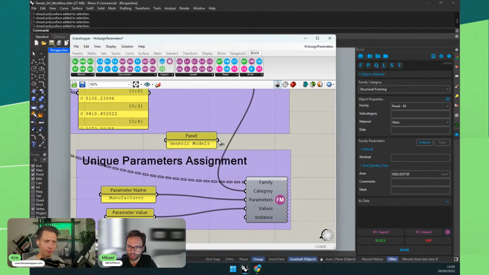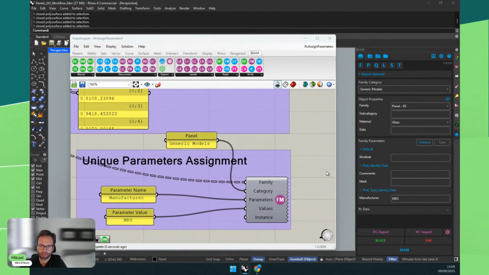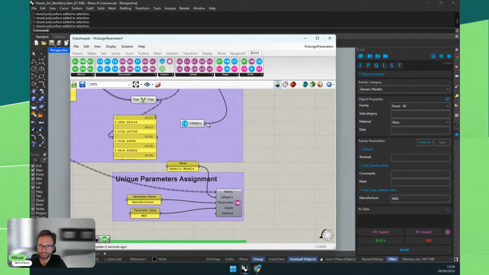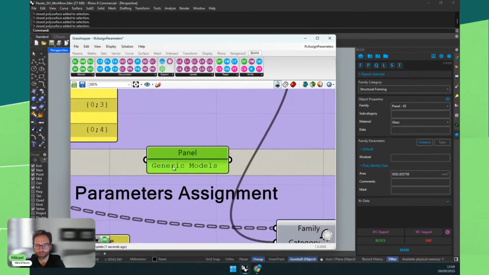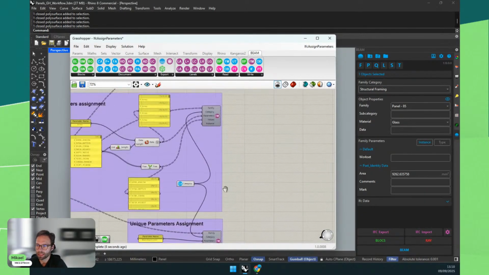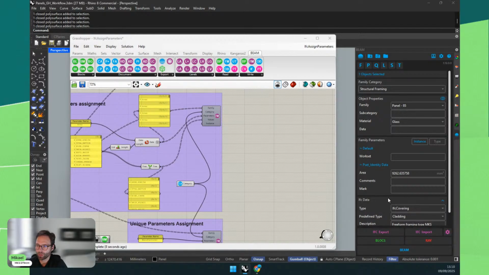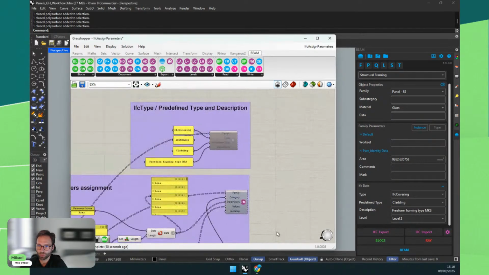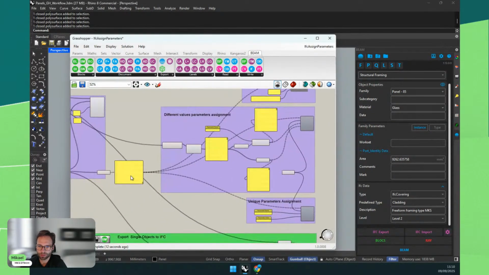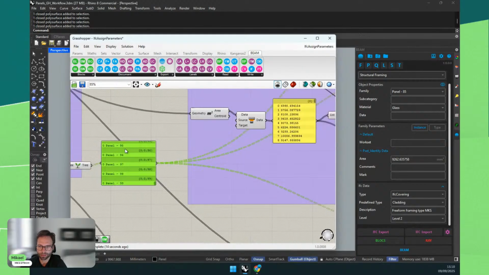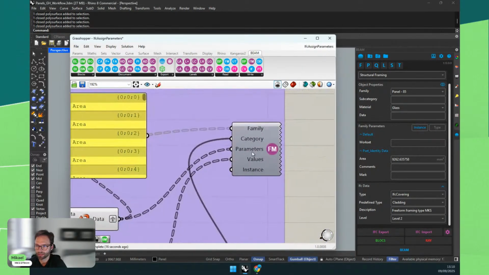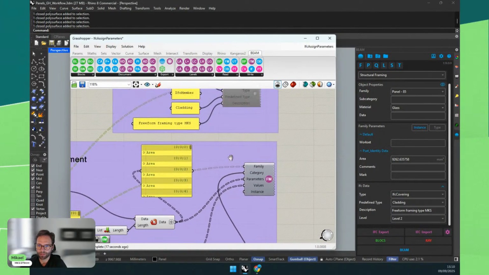Yes, you can also just plug generic models, so you don't necessarily have to use this. It's easier to just not make typos, but you can also type just a name as you see here in the dropdown, and it will work. Because we're not happy actually with the IFC data type, we also take the same families. So we're always using the family name to assign the parameters. So we just need the family name here.